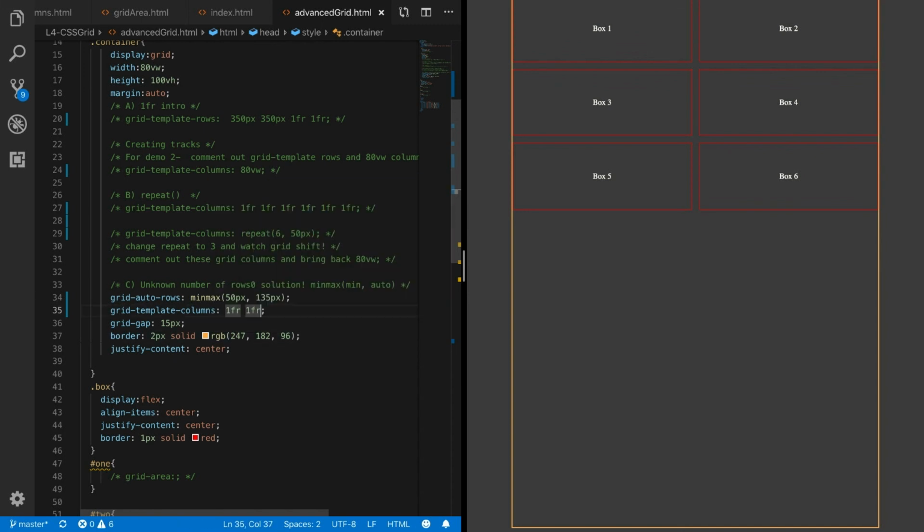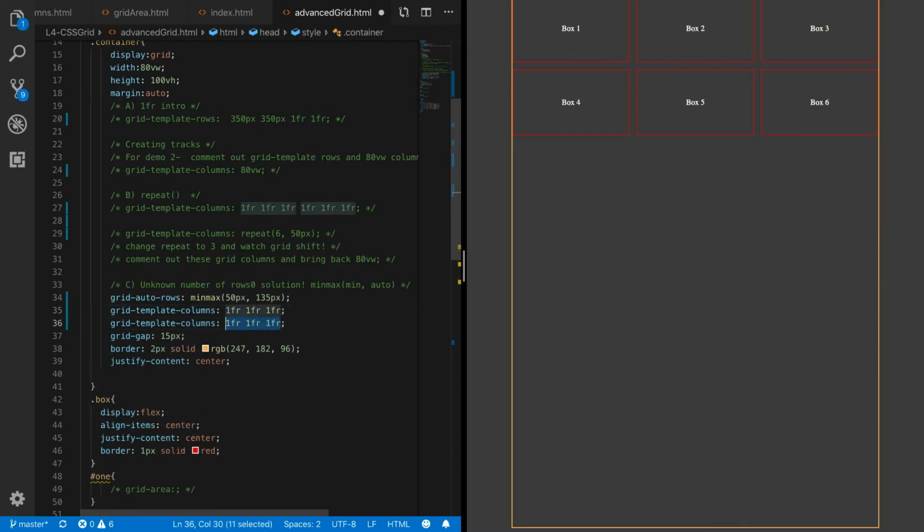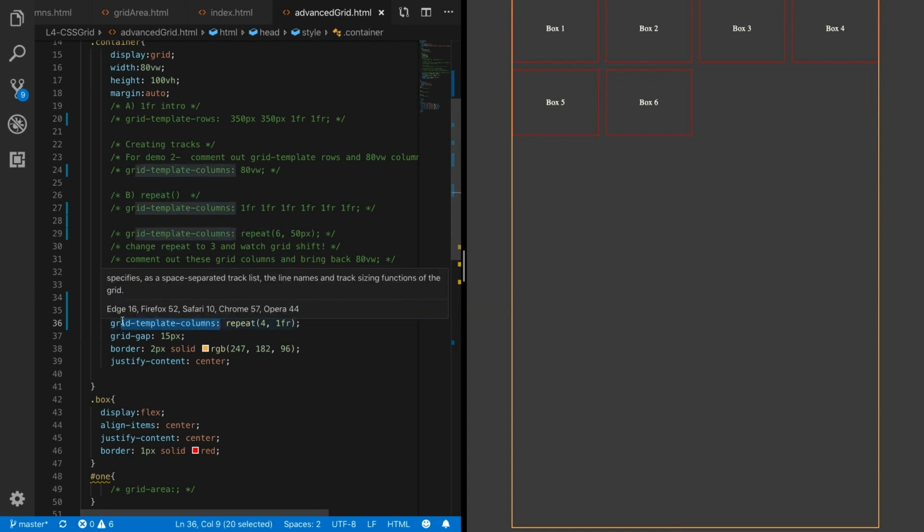So what would happen if we added another column? We could see that it adjusts perfectly. So now we have 3 columns and 2 rows. We could continue doing this, or we could try using repeat. Let's say 4, 1FR. And now we can see that it has gone into 4 columns and the boxes adjust accordingly. This is an example of how you can use min-max with grid auto rows and repeat with columns to create fancy auto magic grids. Good luck doing this on your own. I believe in you.